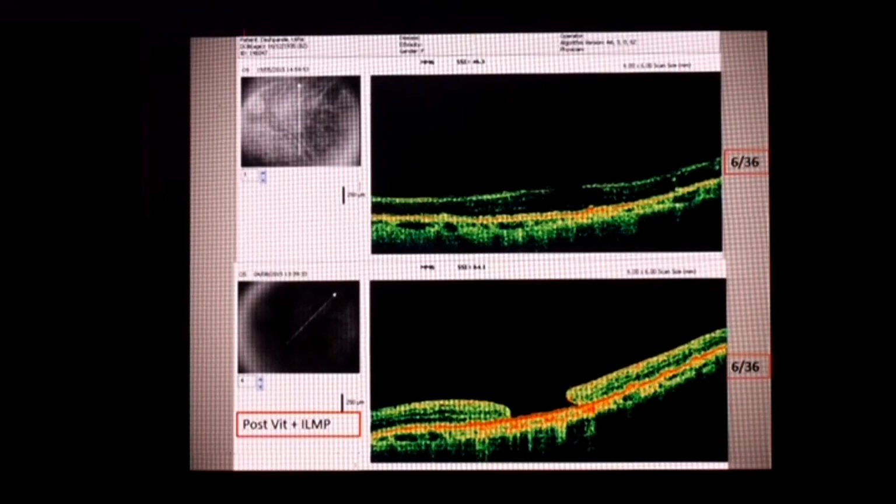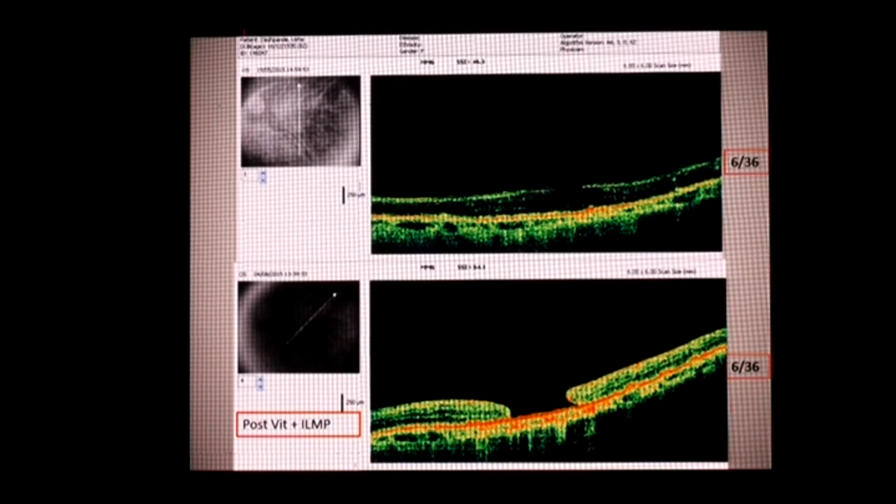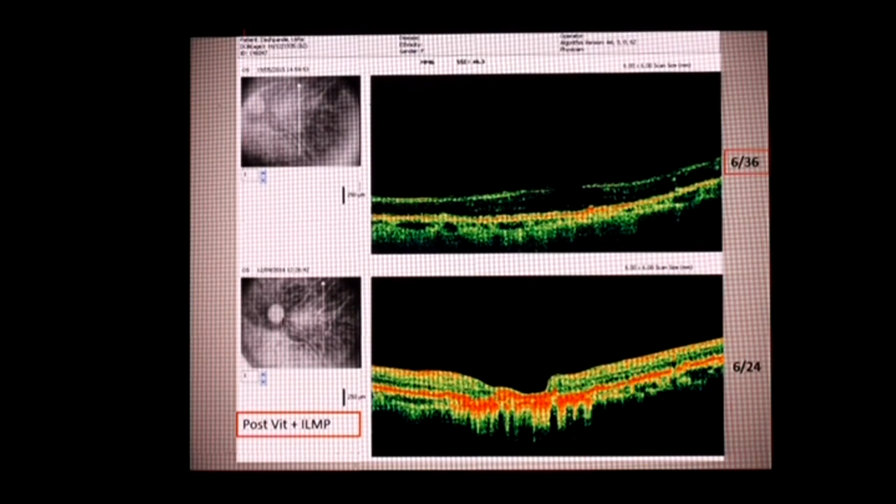This is a 72-year-old patient who came to us with a cavitated type of hole, and you can see that post-surgery there was a conversion to a total macular hole, but over a period of 1 year, there was this slow development of an outer retinal layer in this patient. You can see that the hole which was looking full thickness developed a layer of outer retina in the later period of follow-up.